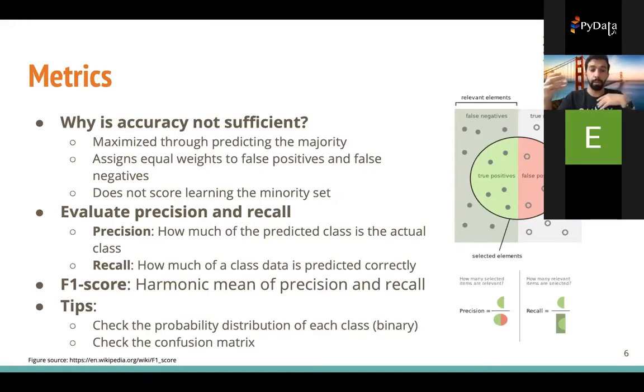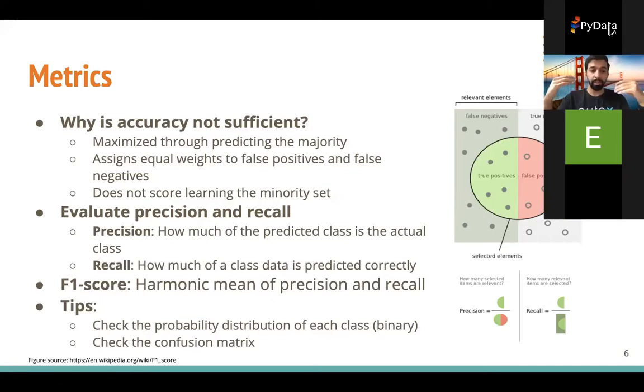Even as you improve the model, the accuracy will not change much because any extra enhancements are going to be marginal. For example, if you have 95 data samples, and then as you balance the model, maybe you get one or two more correct predictions, the accuracy is going to just change from 95 to 96. It's not really a huge increase, and we're going to see later in the demo. So it really doesn't tell you much if a model is learning or not.